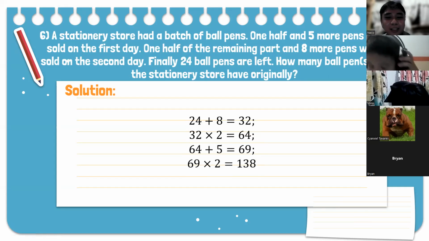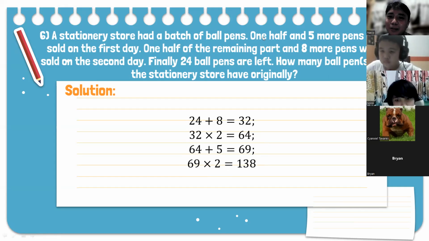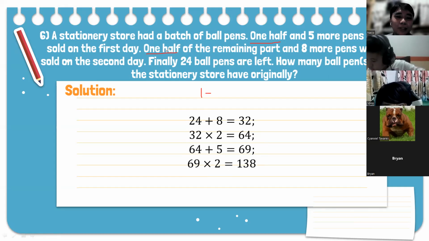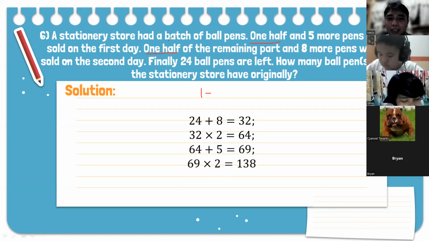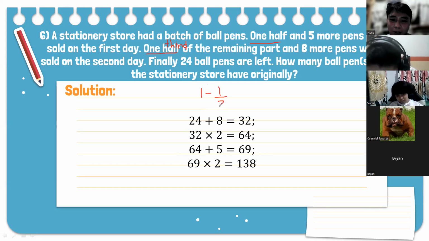Number 6. How about this one? Oh yeah, the answer's already there. So it's 138. This one's particularly easy because you already have 1/2. So the fractions are just 1/2. But let me remind you that you should always do 1 minus that fraction before doing the division, in case you might forget. For example, if the fraction here is 1/3 instead, it won't happen like that, because you're supposed to do 1 minus 1/3, and the answer for